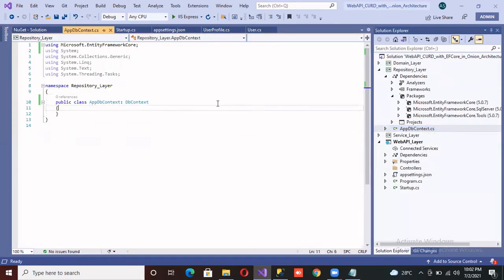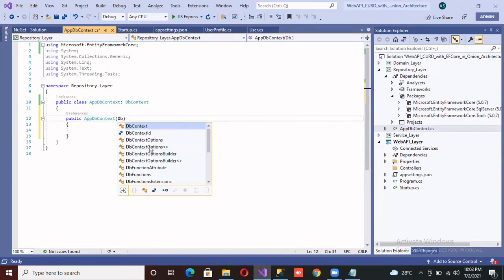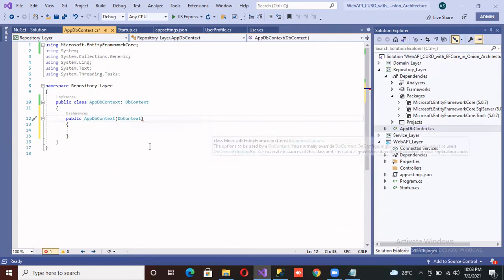Okay, so here, inside of this AppDbContext, we have to use DbContextOptions to get the connection, and we have to pass this connection string to base like this.